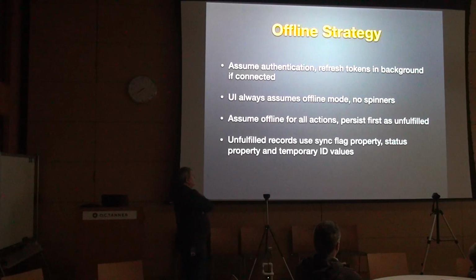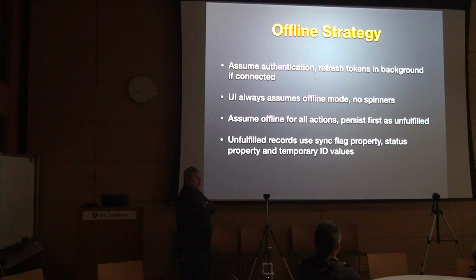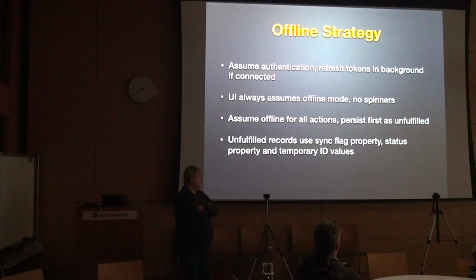Status property. You can control this as an enum for however many statuses you have. This is typical if you're going to do a delete. Let's say you have a record, you're going to delete it. And then you're going to update the server and say, hey, I need you to delete this thing. Well, that would be a status, right? It's like I'm unsynced and I've set the status for this to be deleted.